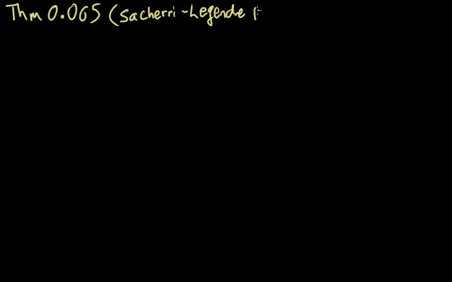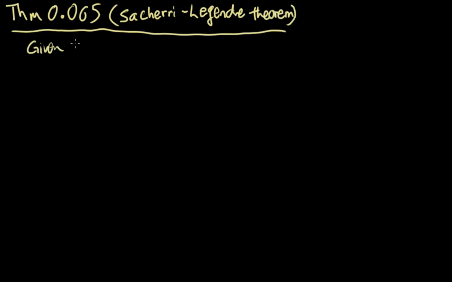In this video, we're going to be going over theorem 0.065, and it's called the Saccheri-Legendre Theorem. It states that given any triangle, we'll call it triangle ABC,